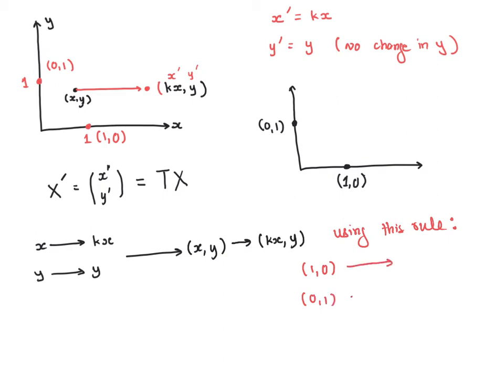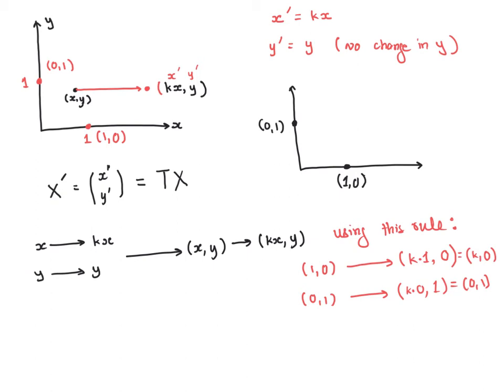So that becomes k times the x component, which is 1, and the y doesn't change, so it equals (k, 0), whereas the point (0, 1) would become k times 0, and the y remains the same, so this gets (0, 1). So the new points when we transform the unit vectors (1, 0) and (0, 1):